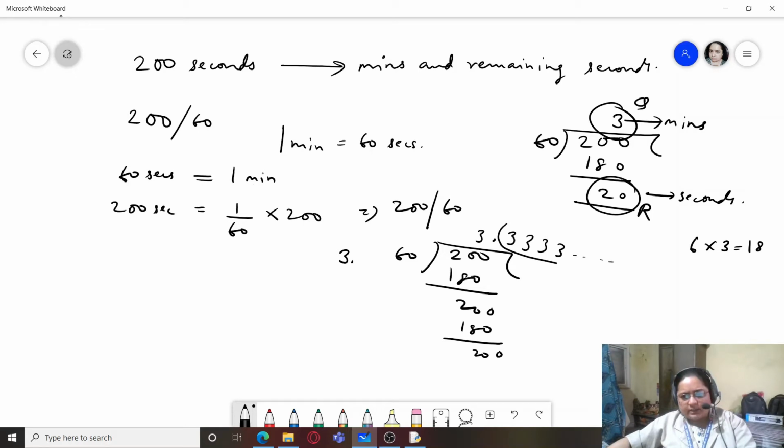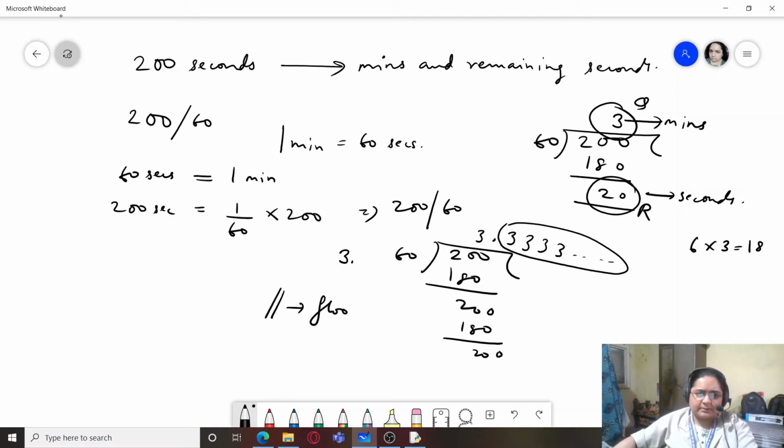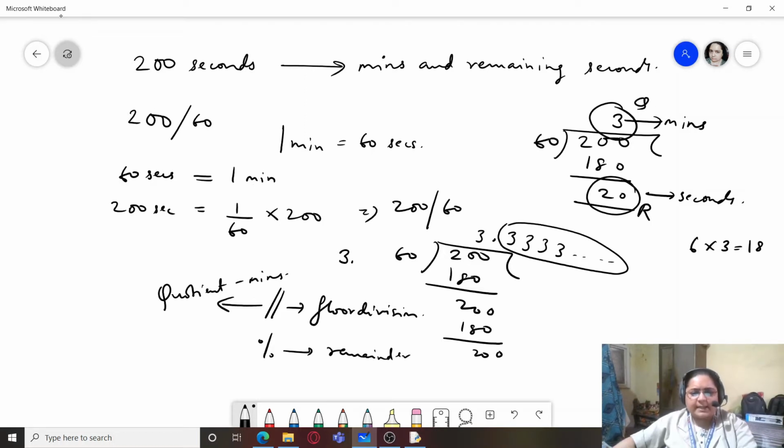I don't want the values after the decimal point, and for this we have a very nice operator, the floor division operator. We can use the floor division operator for extracting the quotient, which will be the number of minutes, and the remainder operator for extracting the number of remaining seconds.